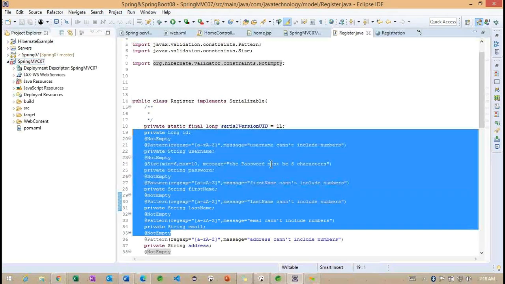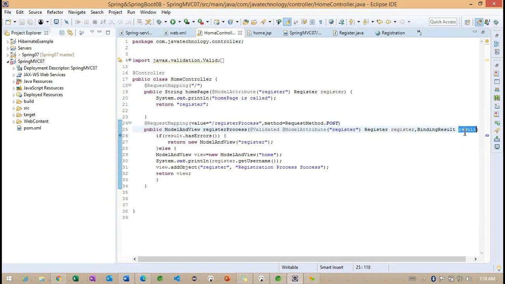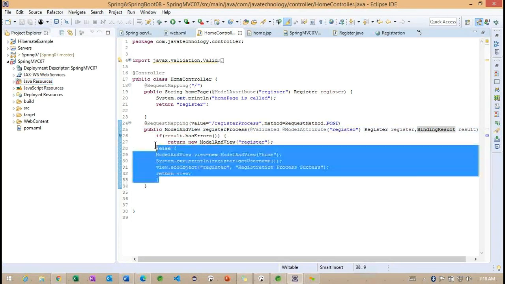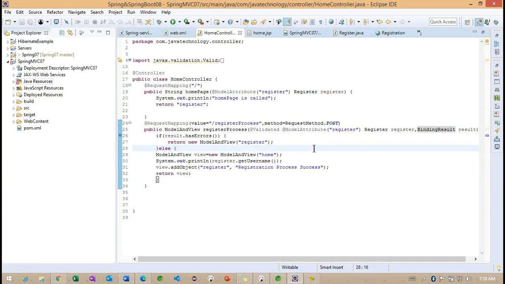Okay. I will need to debug more, like how exactly the object is being constructed, which is nothing but this particular binding result here. And I will update you in tomorrow's class. Today I will check the internal working of this binding result, and see whether we are missing any configuration. I need to debug, so it's going to take some time. So we can work on this example tomorrow.